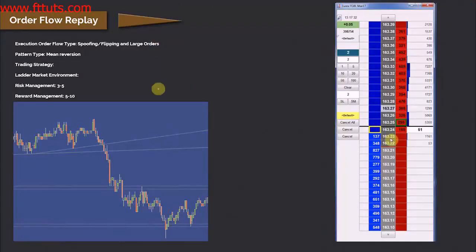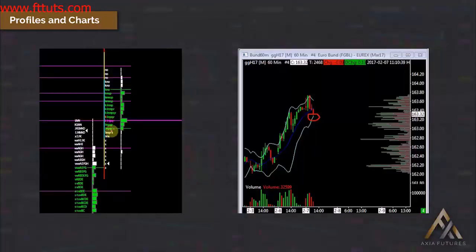So basically, like I said, it's a spoofing and flipping trade combined with some large orders. The pattern type is a mean reversion trade. If I quickly go back to the profile, something I got told and keep in the back of my mind is how these ledges work. When you have a ledge like this, which comes in at the 40s, it's almost like a magnet, in that price genuinely tends to revert back to it. So as much as it's a great trade to be playing on the short side, and that initial move down was a really good one,